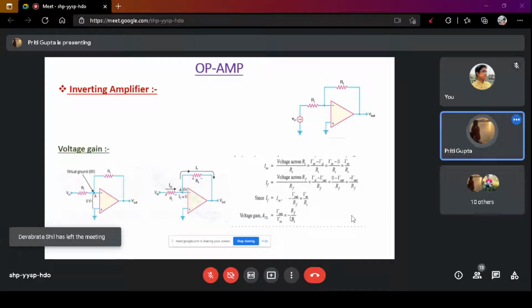Then write it down, the way it is written, up to voltage gain ACL, closed loop voltage gain. This loop is closed. There is a feedback path. That's why the loop is closed, and that's why ACL is closed loop voltage gain. AOL is open loop voltage gain. There will be no feedback path, then that will be open loop voltage gain. This one is closed loop voltage gain.